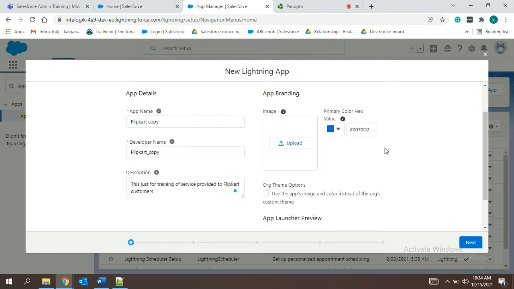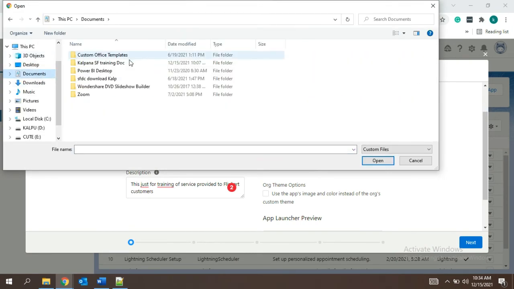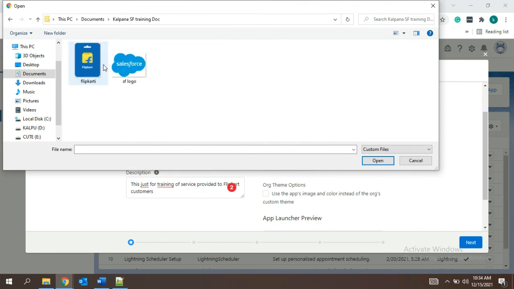This is done, but I want a logo of Flipkart. I have already saved an icon for the same, and here the size should be within 20 KB.